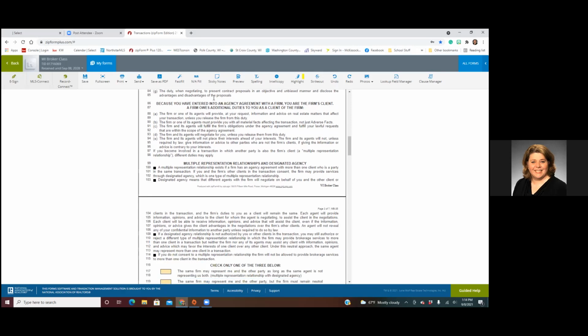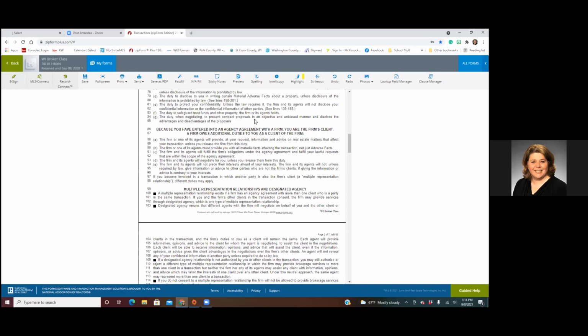My favorite, negotiating. Yes. So you just want to make sure you're presenting it in an objective, unbiased manner, disclosing the advantages and disadvantages of the proposal. This really helps us out when we get into those cases where we have folks who decide that the property is $50,000 overpriced. And we get to have that conversation and say, well, while I appreciate your thought process here, the seller may not agree with that. So